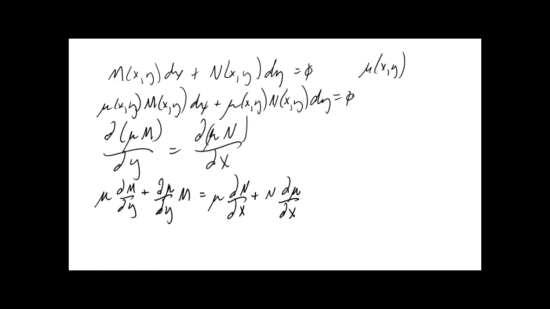Now, what we're going to try to do is get the mu's all together. They did them in reverse order from what I'm about to do, but let's get the mu's together. Here are the two mu's, so you subtract this here and move that one over there. So that would give you, hopefully I'm not skipping too many steps here, the mu here, this would be partial of M with respect to y minus partial of N with respect to x. Also, those are the two terms with mu's in them. Subtracted that from this side. That's equal to